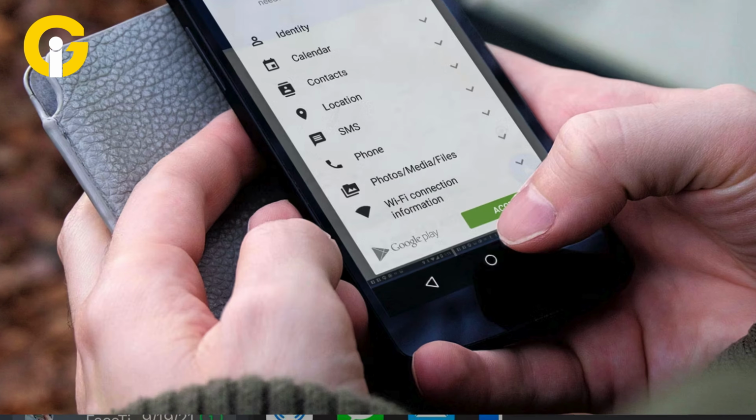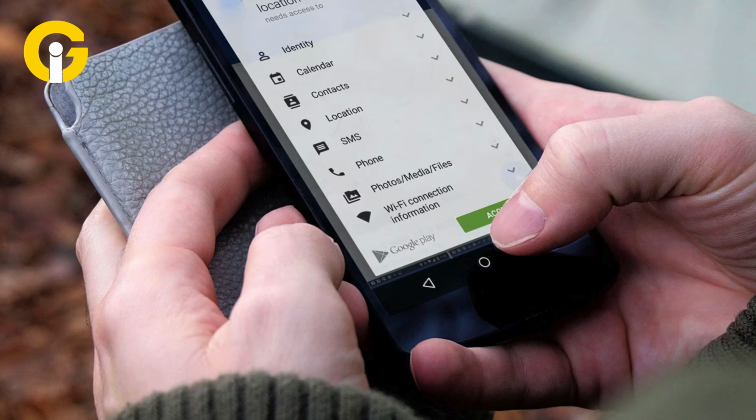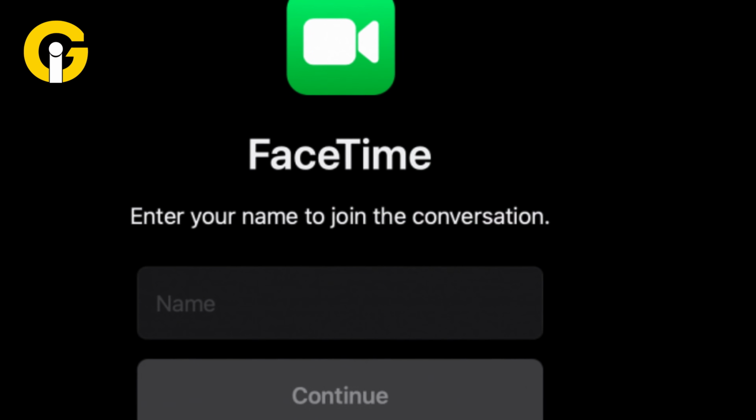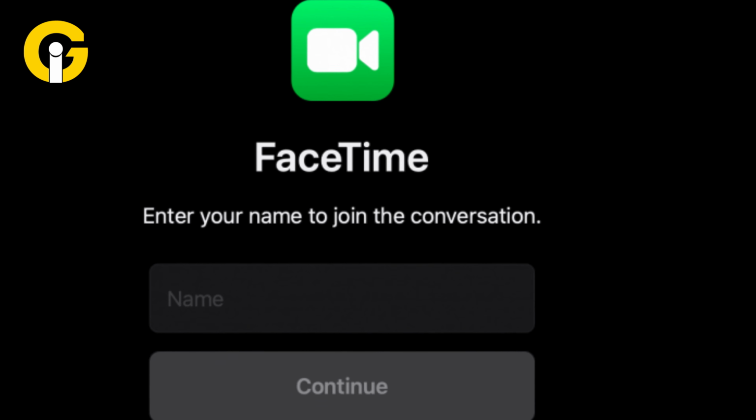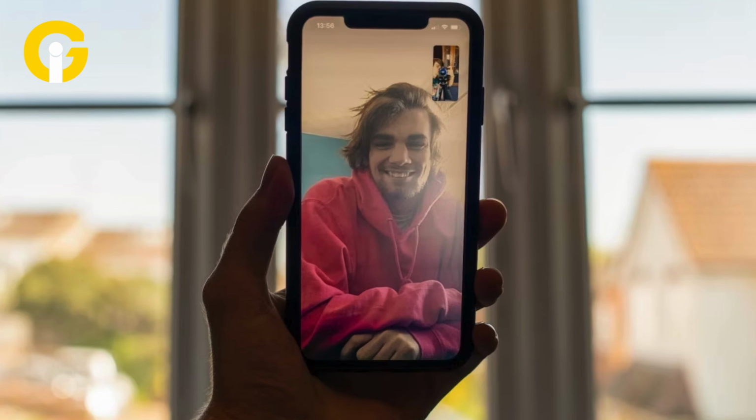However, the person having an Android device won't need to log in. They only have to allow the browser access to the camera and microphone when the link is opened. It will ask the Android user to enter a name before joining. In this way, just by clicking on the link sent by the iPhone user, they will be able to join